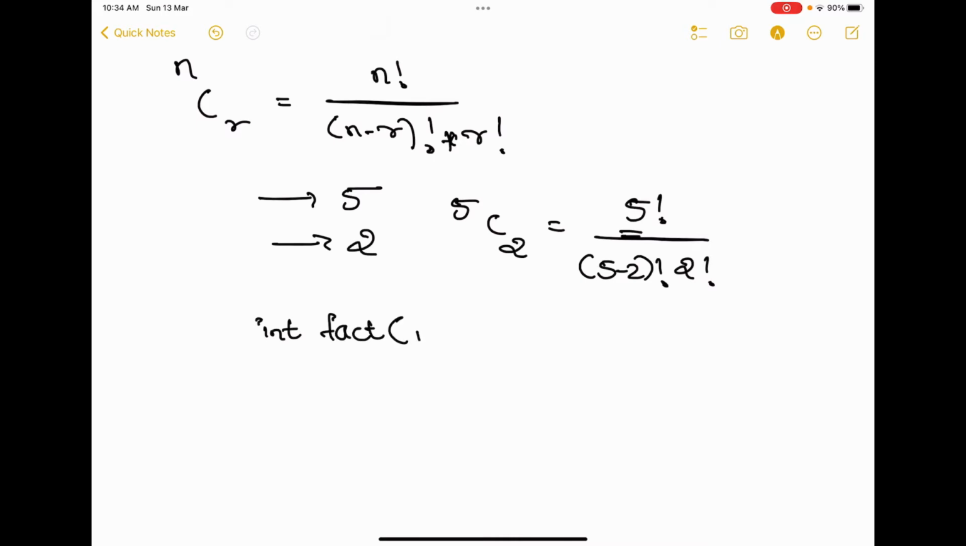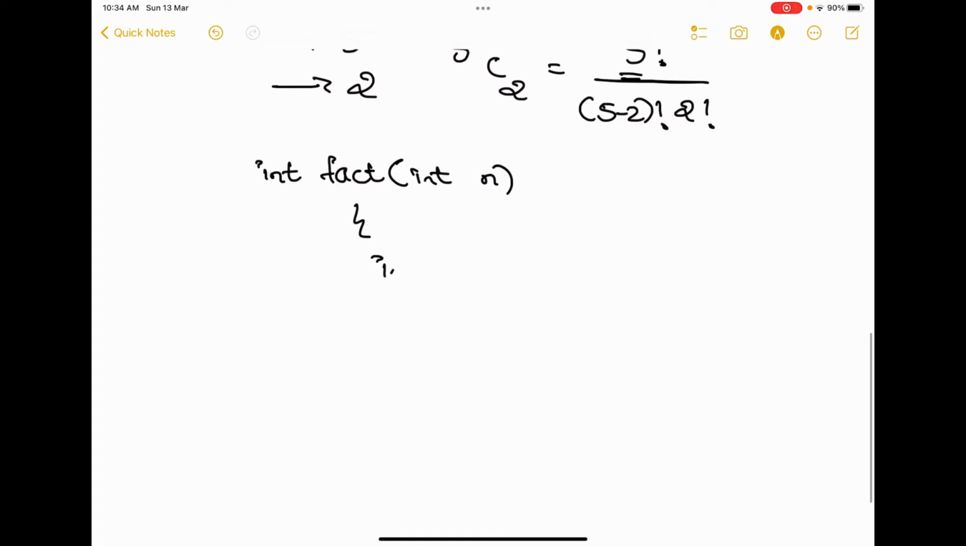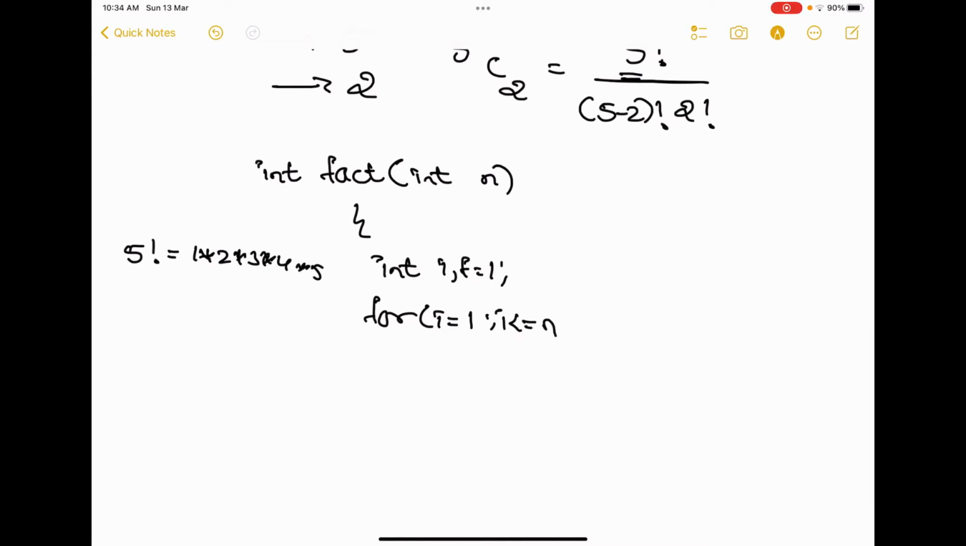Int fact of int n, and you people already know how to calculate a factorial. We need int i and f is equal to 1, and the for loop is very simple. Start from for i is equal to 1, because 5 factorial is equal to 1 into 2 into 3 into 4 into 5. For i is equal to 1, i less than or equal to n, because 5 is also here. i plus plus, you just have to do f is equal to f into i,